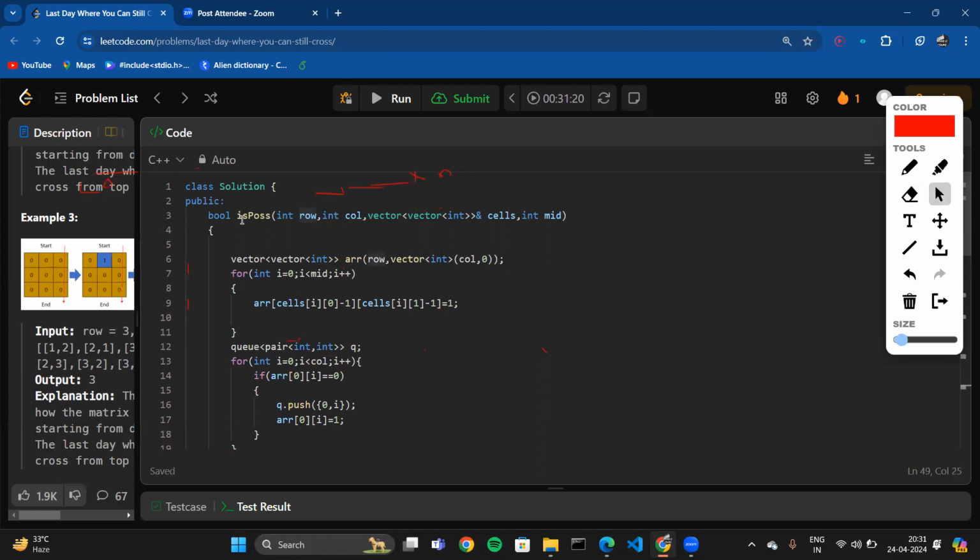So essentially in isPossible, we need to check that given that these number of days have passed, can I traverse from top to bottom? And how can I make sure that I can traverse from top to bottom? I can use anything, BFS or DFS. Here I will go with BFS. And how will I have the neighbors? So neighbors are nothing but my adjacent